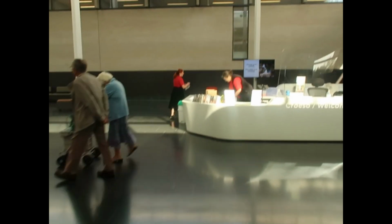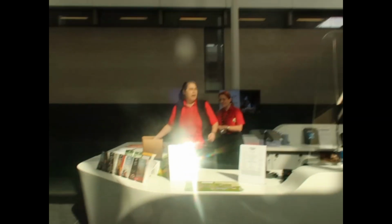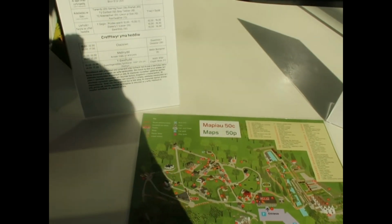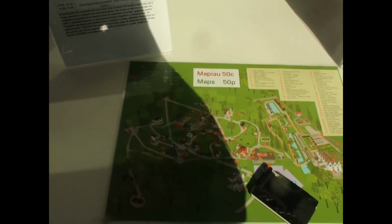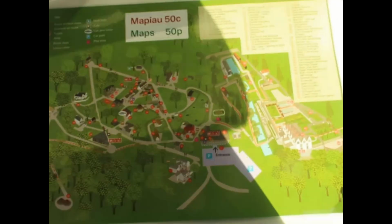Do we want a map? Yes. Let's see how this works. Hi, good morning. Do you have a map for... We do. They're 50 pence if you want a paper one to take away with you. Okay. Do we have 50 pence? I have plastic. You can pay by plastic, or you can take a picture of the ones that we've got around the sides. Maybe we can do that, yeah. If you want a paper one, we charge, but...